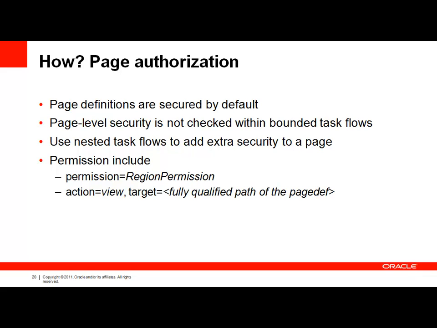And then what happens is the JAAS data XML file gets updated with a class called region permission. This has an action defined as view, which also means accessible. And then the target of the page is the fully qualified path of its page file. Now, what ADF Security is doing is protecting pages through their binding file, which means that if there is